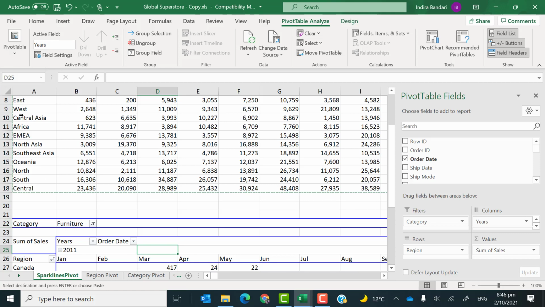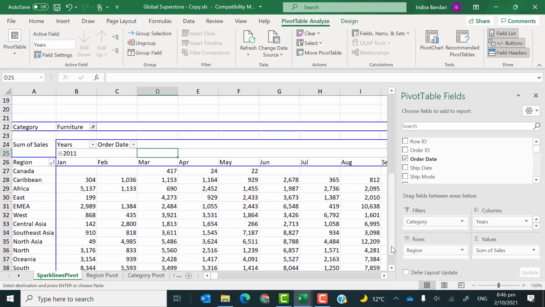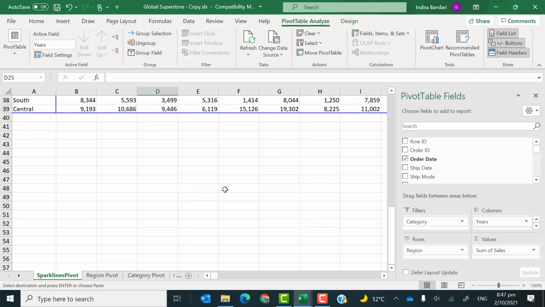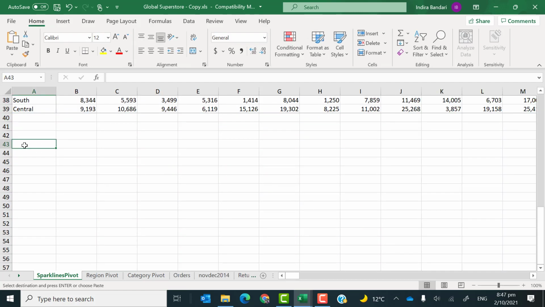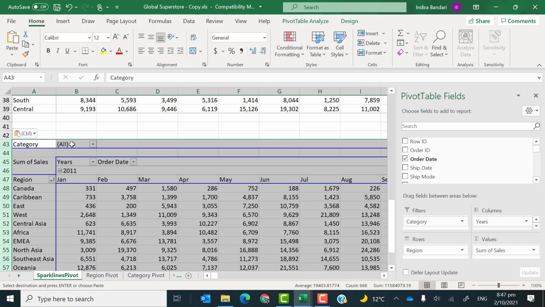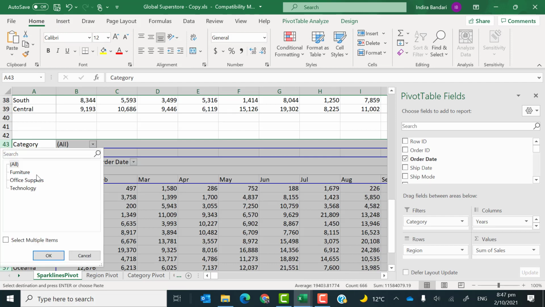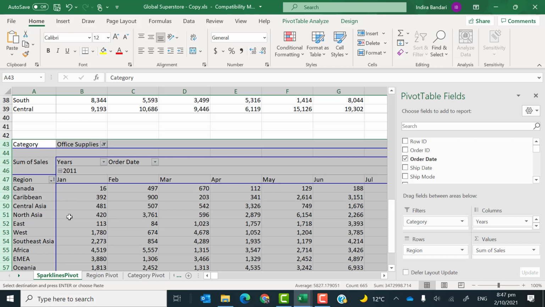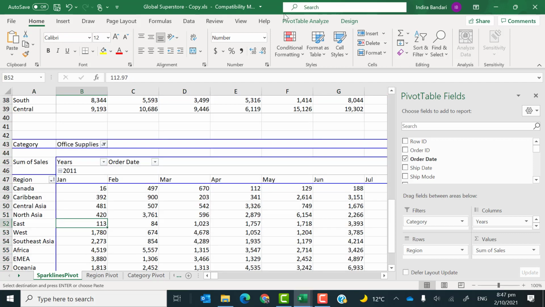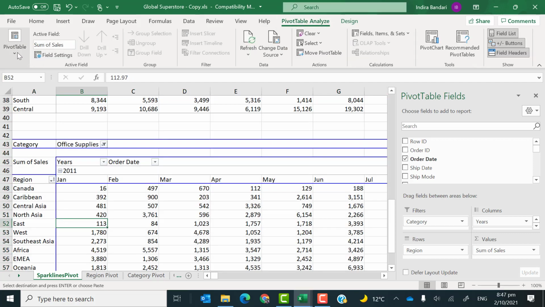And again, it is still copied, so I'll just go and paste another copy and change that filter to office supplies and say OK, and rename this pivot to Sparkline office,